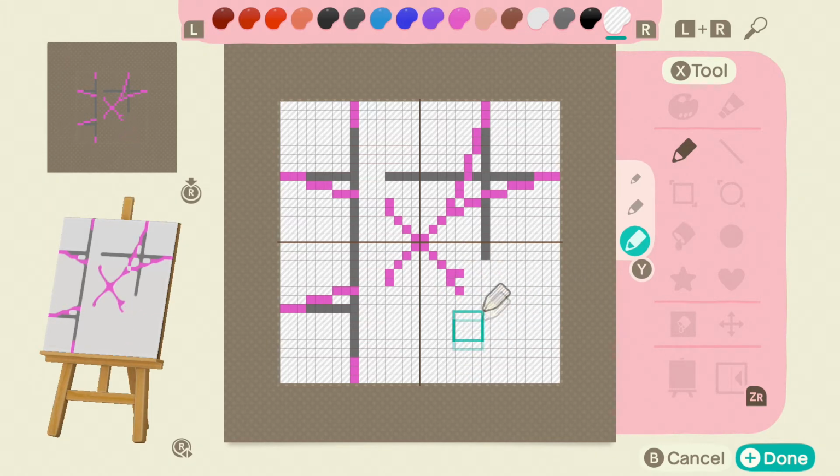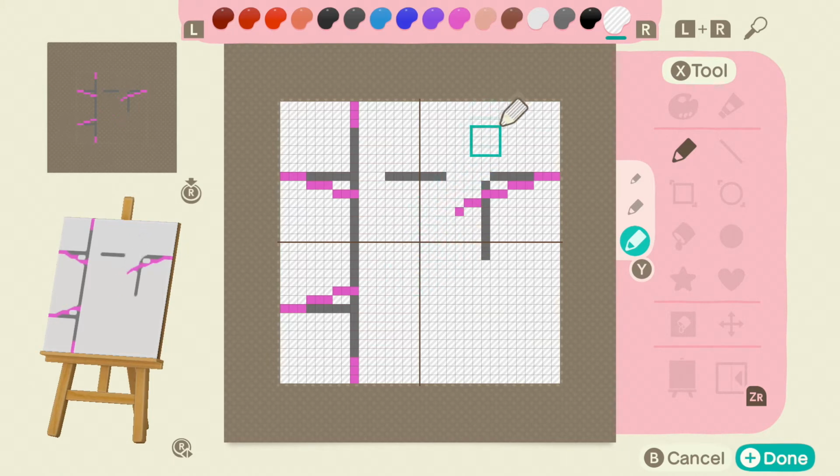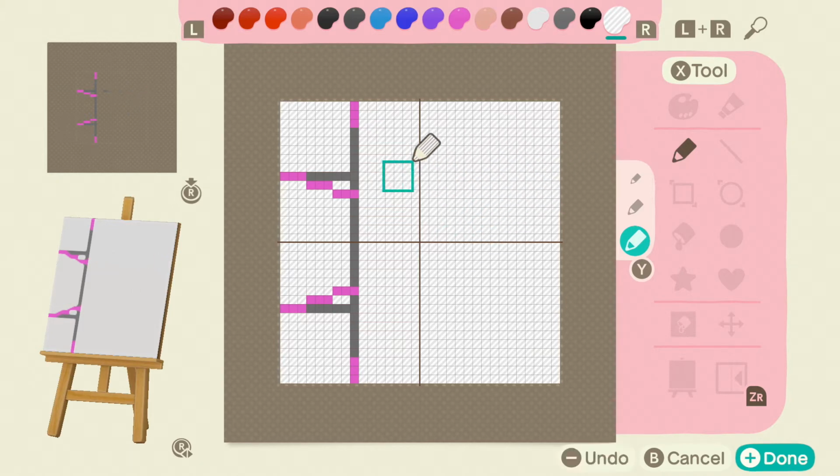You're probably wondering, wait, we just did all that hard work making the template. Why are we erasing half of it? Well, that's because we're working on the first tile of many. So now I'll make my border, and then